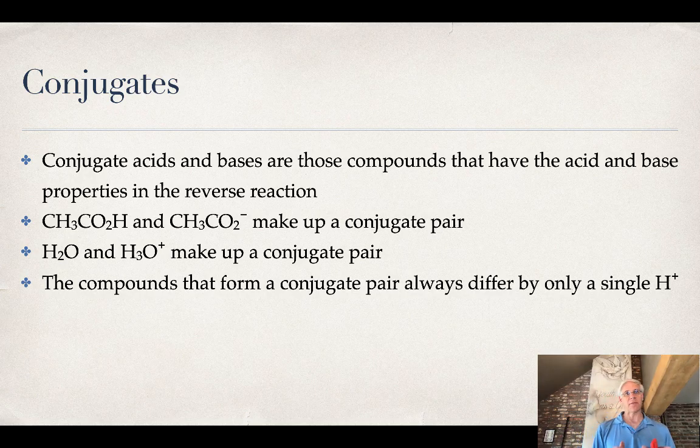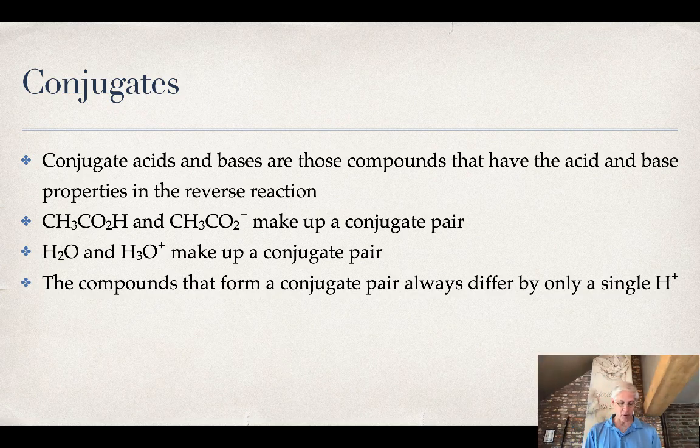Remember, your conjugate acids and bases are those compounds that have the acid and base properties in the reverse reaction. So you have your Bronsted-Lowry acid and base in the forward reaction, and then your conjugate acid and base are the conjugates of those acids and bases, and they serve as the acids and bases for the reverse reaction. So we mentioned that the conjugate pair always differ by only a single H+,